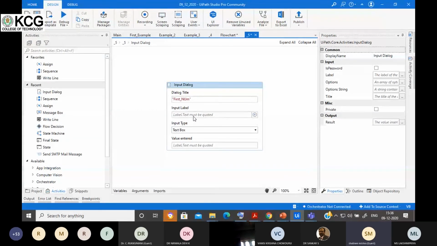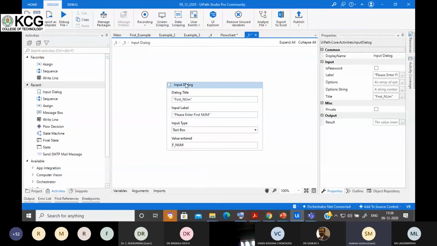This is for the number. Please enter first number, and it should be stored somewhere. So this is the first number variable I created.